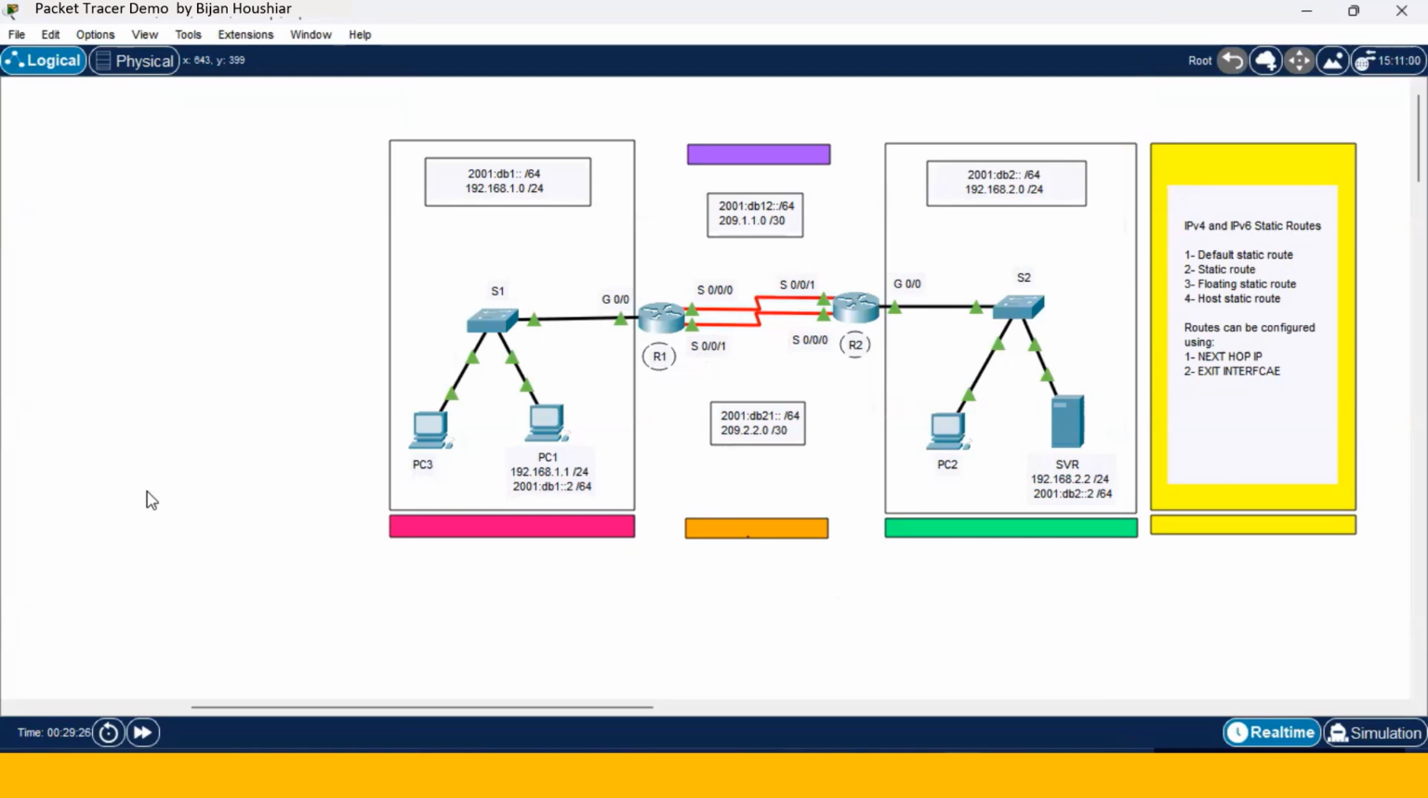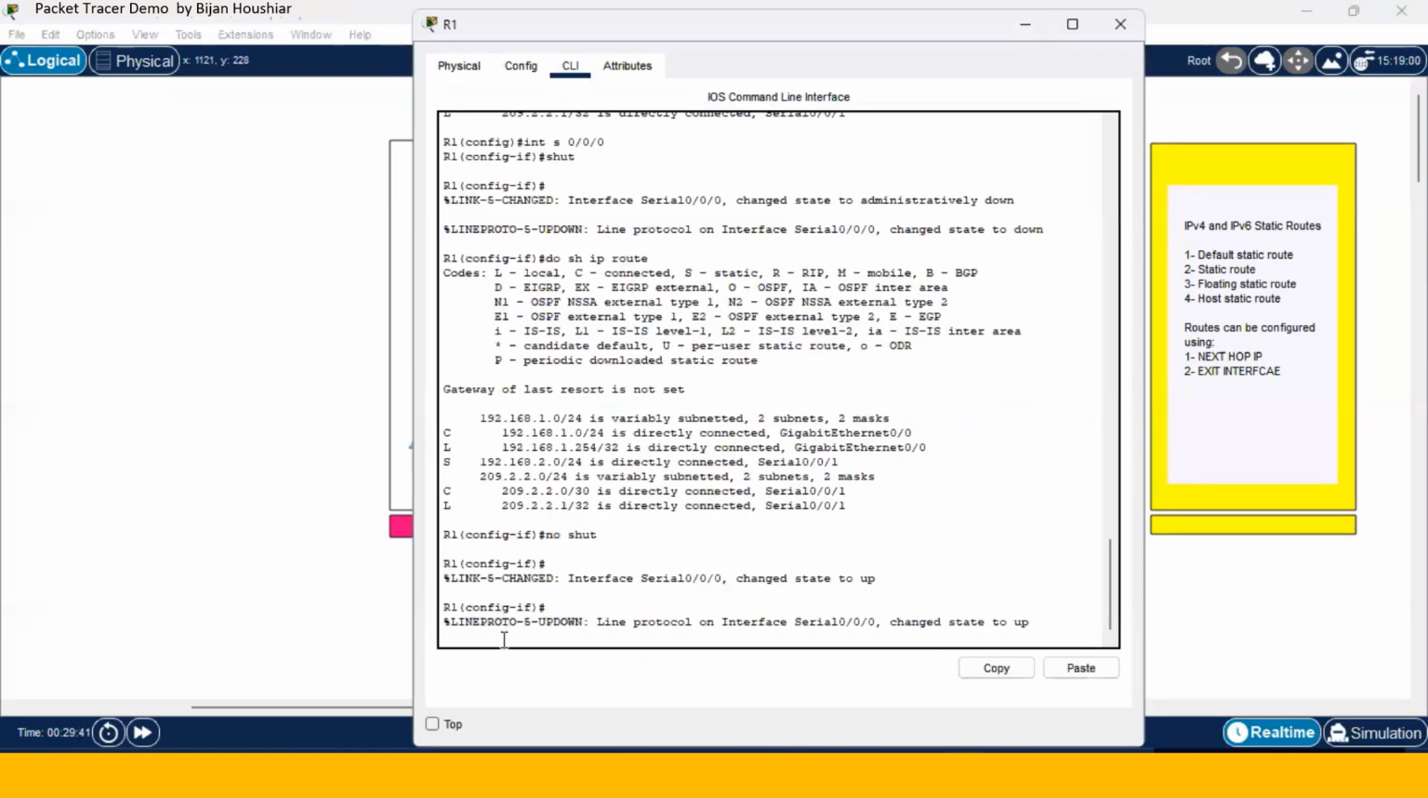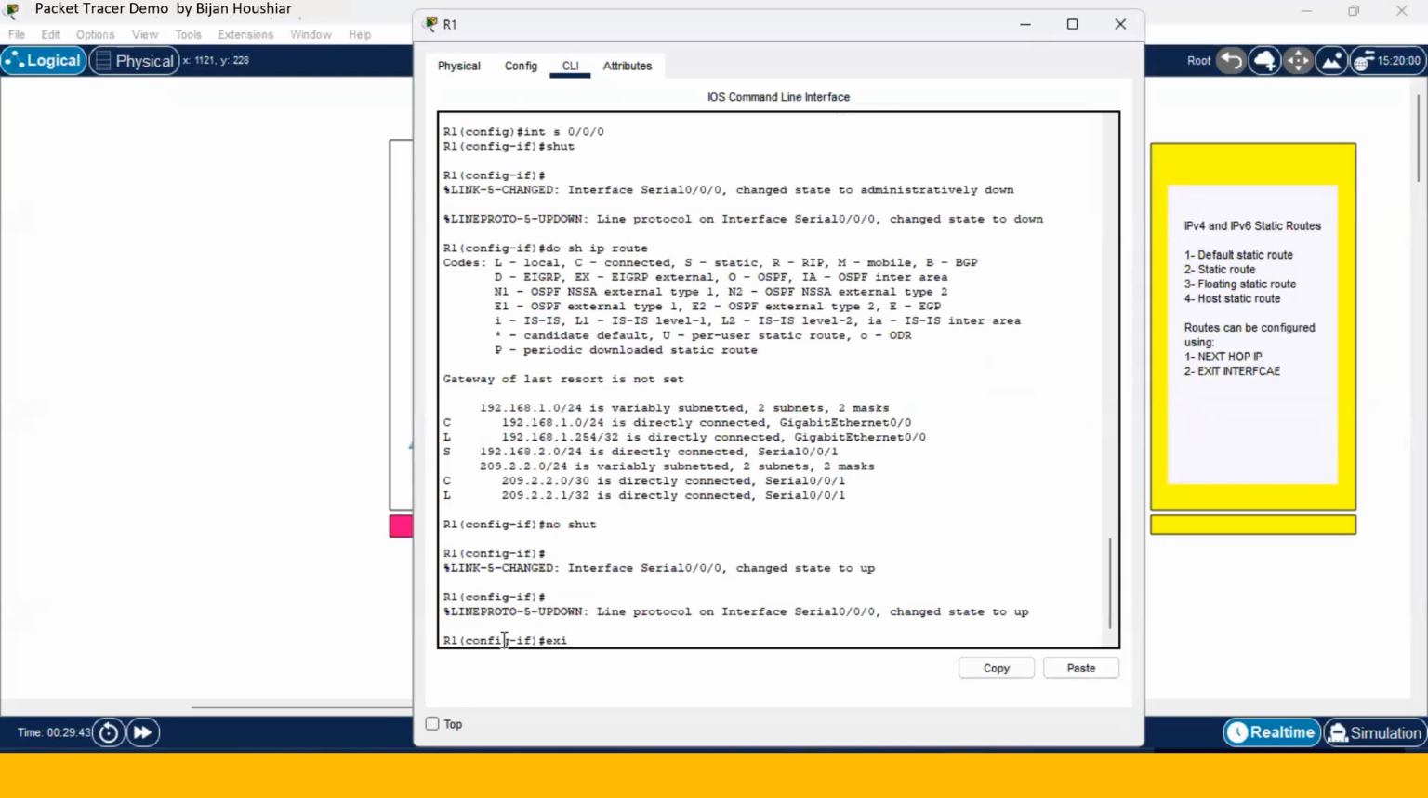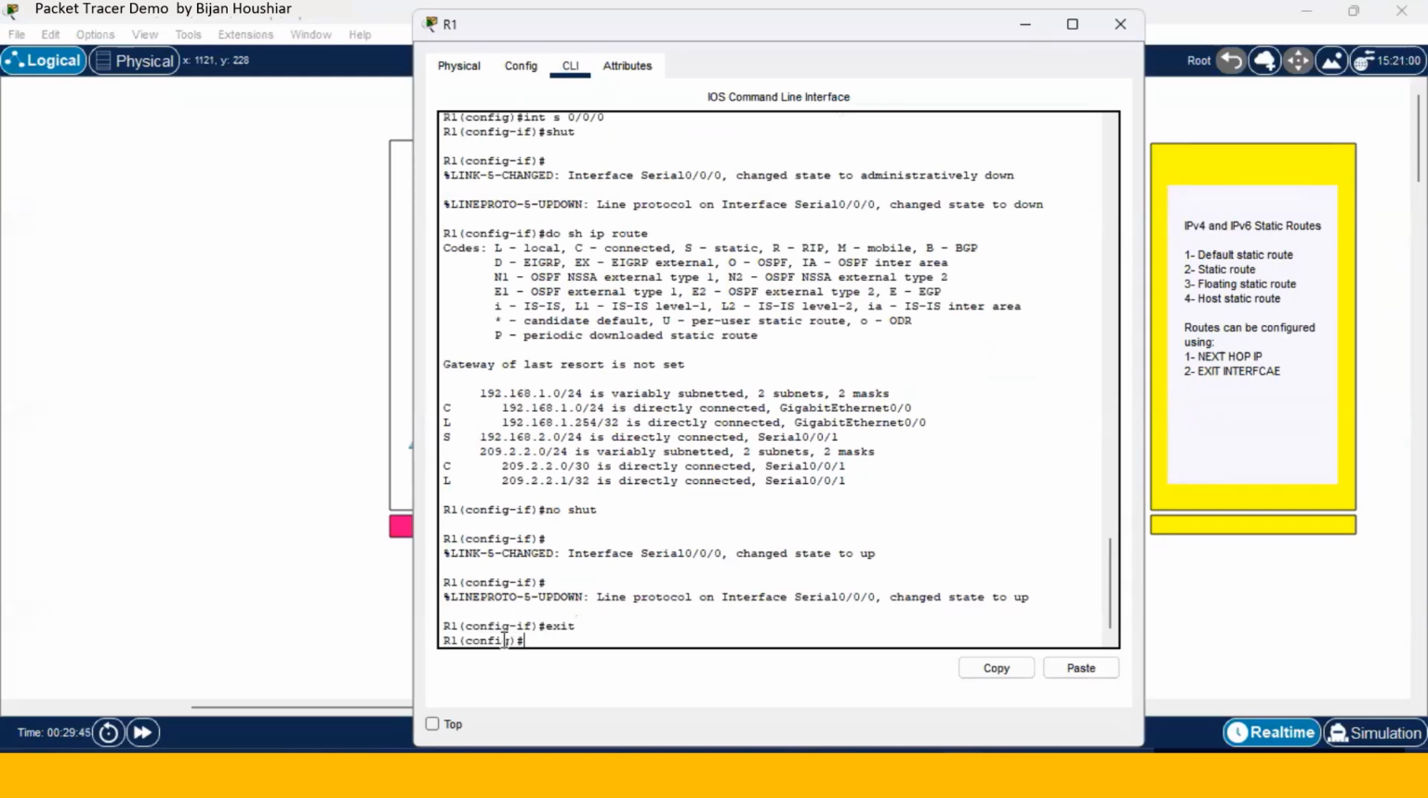Now we want to configure floating route for IPv6 in the same internet network that we created floating IPv4 routes. So we go to router 1. From the global configuration mode, we type